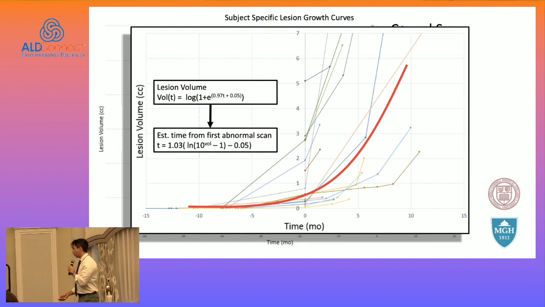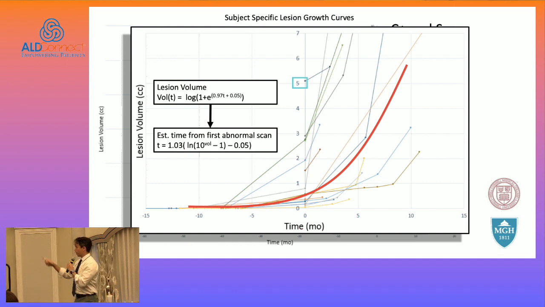And why is that important? Because when you think about this boy up here, he's part of the model, but as an example, he had no preceding scan. So this is the kid that shows up in your clinic, has a CD, and goes, can you look at my MRI and tell me, am I going to be sick or not? What you find is all of these time points, the first abnormal scan, they all have a LESS score of 1. So this is getting at what Dr. Eichler was saying earlier, that early in the disease, the LESS score is not sensitive enough to tell you how bad your disease is.